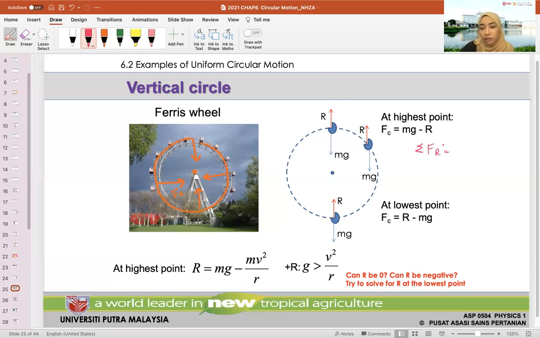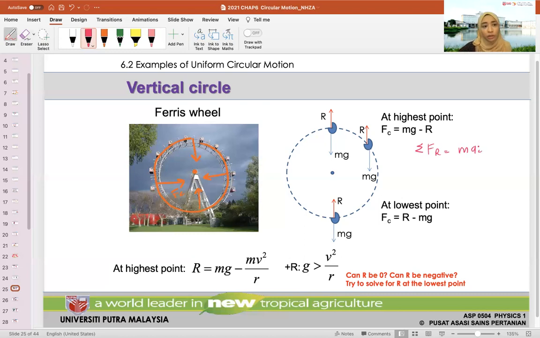We already have it here. So going towards the center of the circle is mg, positive. And going away from the circle is negative mg. Okay, sorry, I forgot. Before we start writing our free body diagram, we need to write our condition, which is